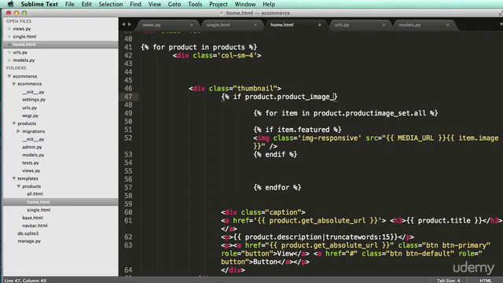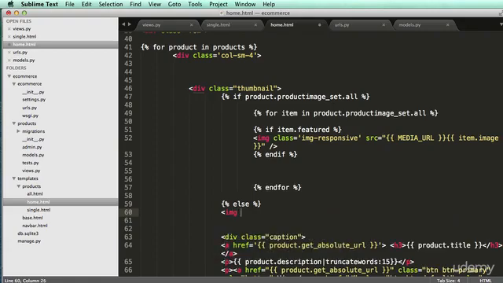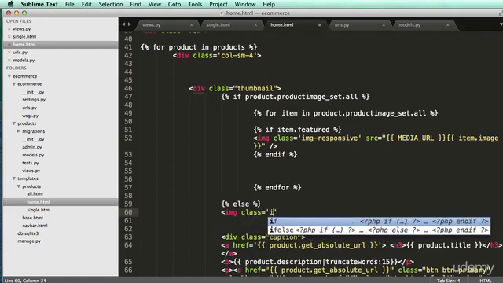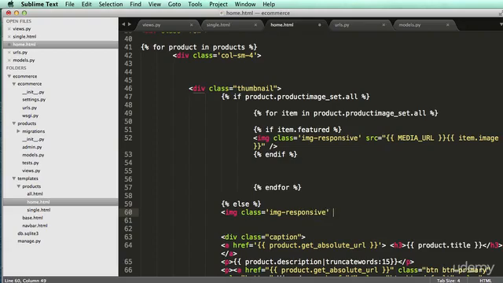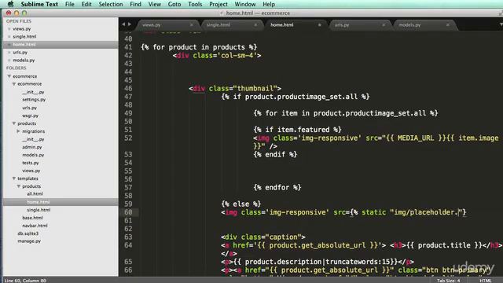All right, so now what I'll do is I'll put an if clause in here and do if product.product_image_set.all. So if there is even an image set, then do that stuff. Else, image class equals image-responsive, and then source would equal the static for that image. So I'm going to have to do static, that's image slash, what would we call it, placeholder.svg, and put single quotes around that